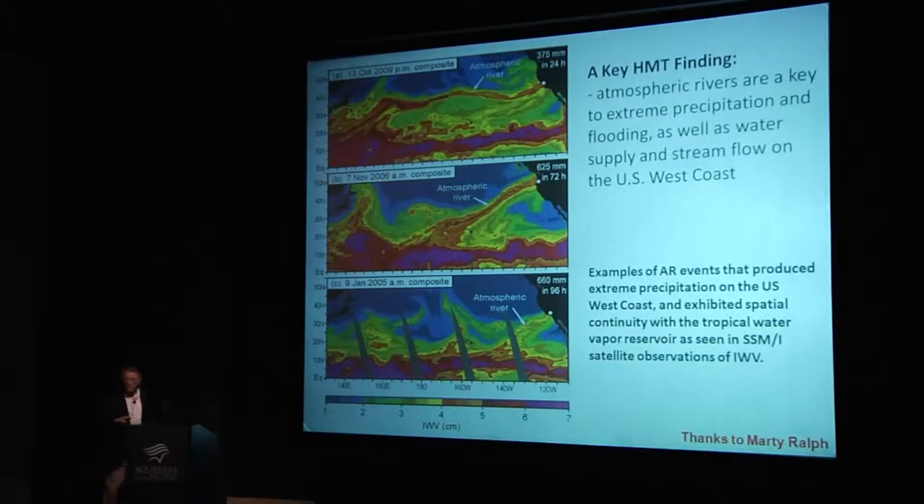They're kind of like a fire hose aimed at a spot. And when they aim at you for a few days, you get a lot of precipitation, and next door doesn't get all that much. So if they flop around like a fire hose might, they'll bring a lot of precipitation to a band. But if they sort of stay put, which they do once in a while, they seem to be responsible for